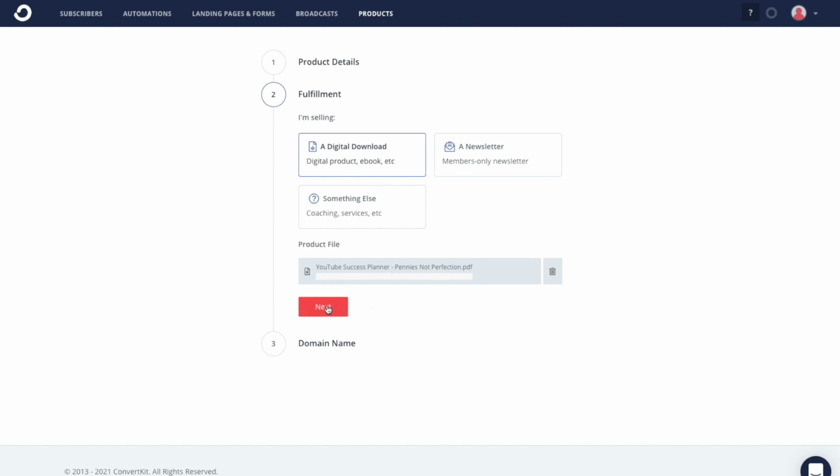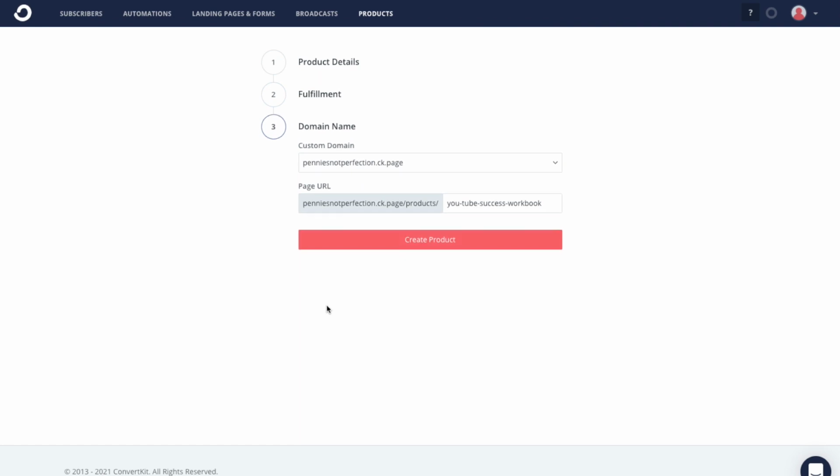Then you will be able to go to the next section, which is domain name, and that is for your ConvertKit overall. So if you've set up a custom domain in the settings of ConvertKit, you're able to select that from the drop down here, and if not, it will just have the ck.page for ConvertKit in the URL, which is fine if you're just using this as landing pages, which is for selling in the email. You can customize the end of the URL with different keywords, and then when you're happy with it, you can click the Create Product button